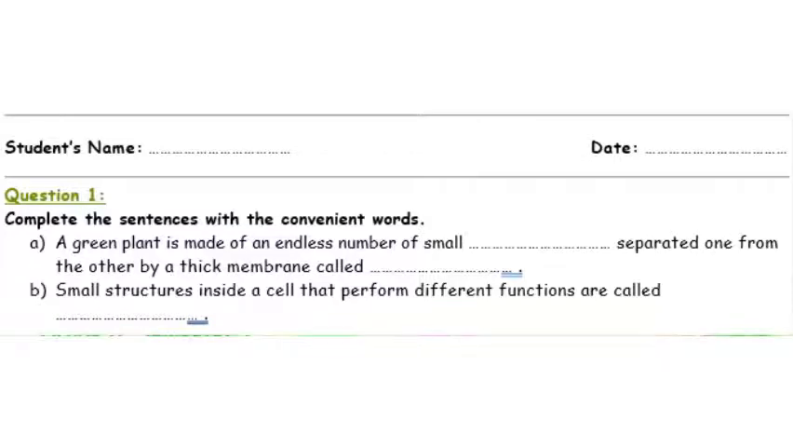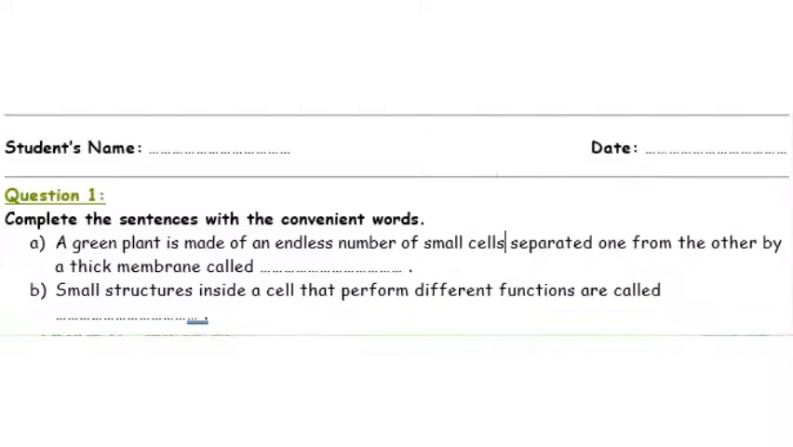Question 1, we have to complete the sentences with the convenient words. A green plant is made of an endless number of small what? What is a plant made of? What do we call the building blocks of living things, such as a green plant? Cells. Of small cells